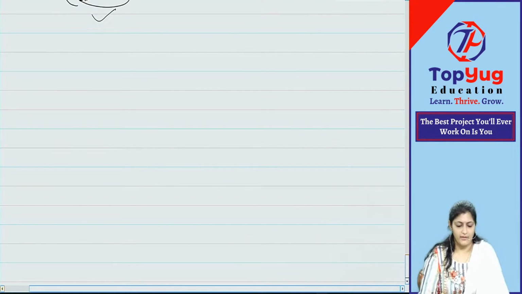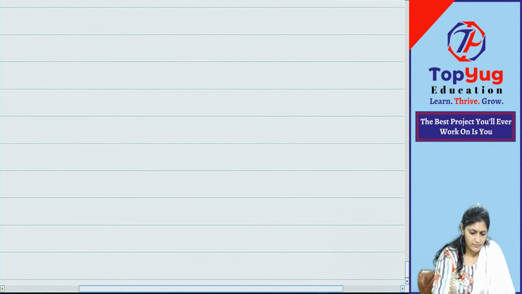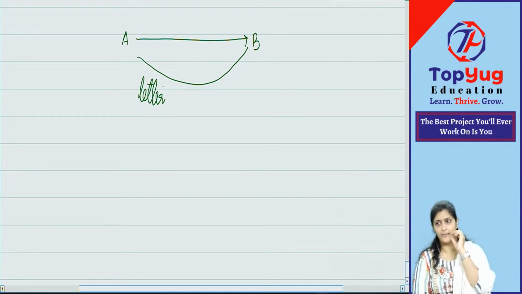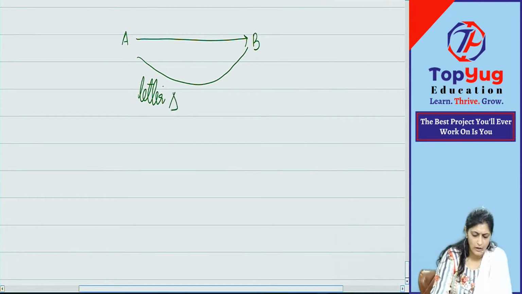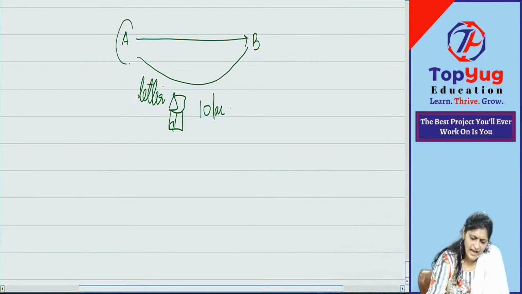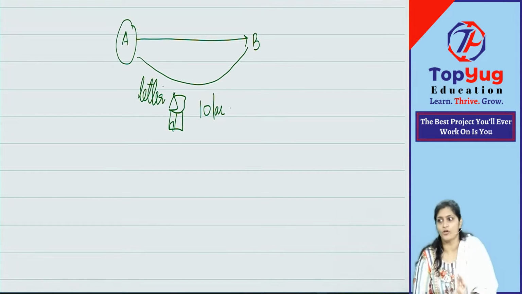Now, understand this very, very carefully, everybody. There is this person A. A gave offer to B by writing a letter. How did he give the offer? By writing a letter. He wrote a letter to B saying that I want to sell my house to you at 10 lakh rupees. This offer was given by A to B. A had a house he wished to sell.